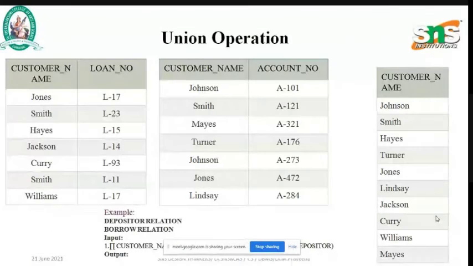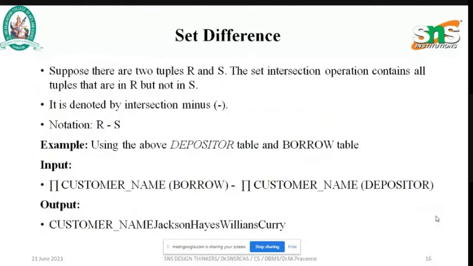Let's take the same example. Jones and Smith are the similar things available in both R and S, that is, between the depositor and the borrower. Leaving those out, Hayes, Jackson, Curry and Williams will be the set difference.